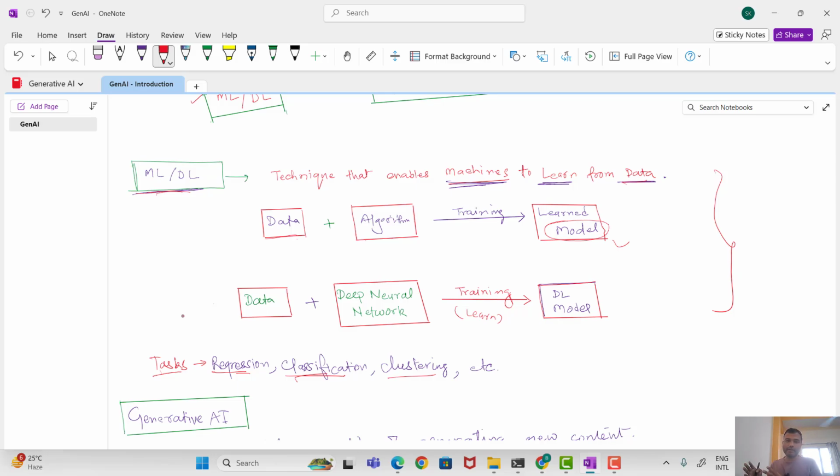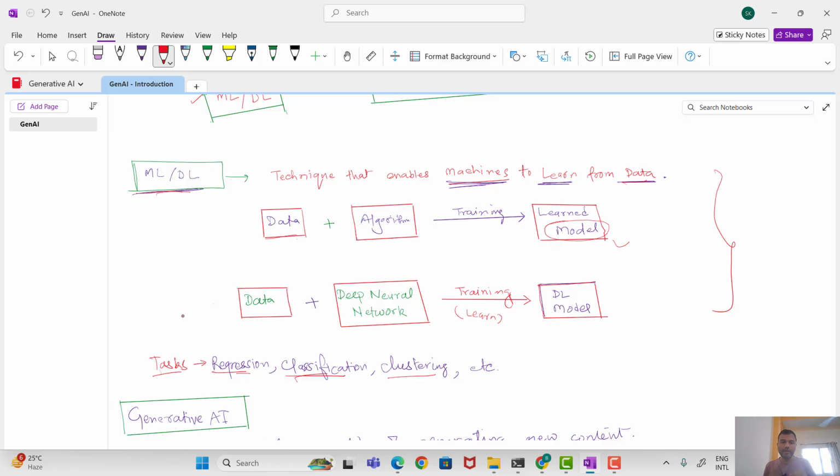Okay, so that was the case. There were different use cases of machine learning, and it was a huge breakthrough in the journey of artificial intelligence. Now came the neural network. Neural network was also a breakthrough. We will understand the neural network and the deep neural network in detail, because the foundation of generative AI is based on the deep neural network and deep learning.